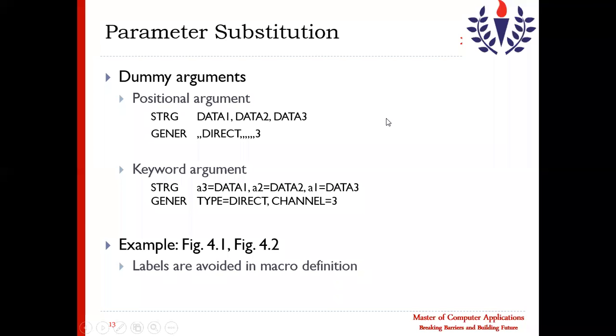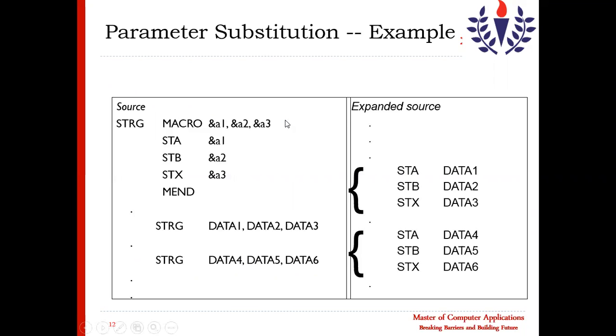Yes, in the previous session, we were discussing parameter substitution. We have discussed two ways in which our parameters get distributed when passed from the macro call to the macro definition: based on positions or based on keywords. In position, data 1, data 2, data 3, accordingly, like in the previous example, A1, A2, A3. So data 1 will be given to A1, data 2 will be given to A2, data 3 will be given